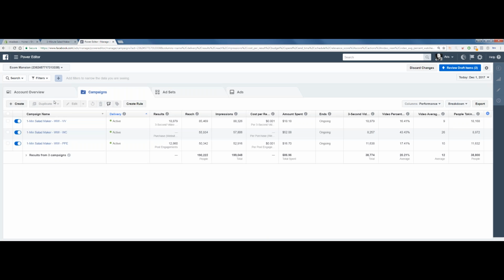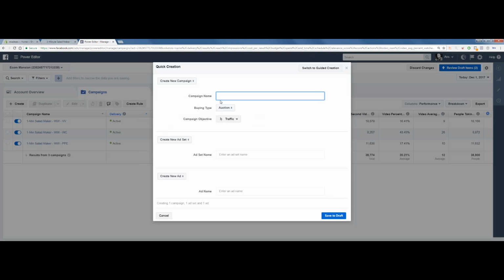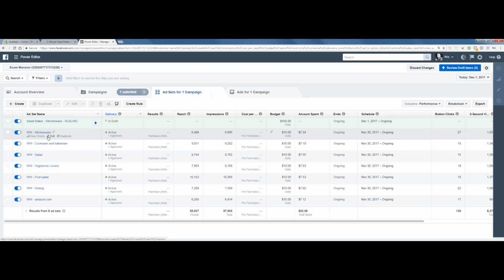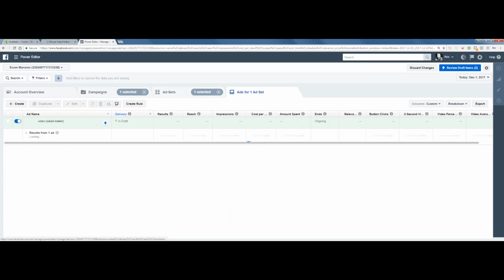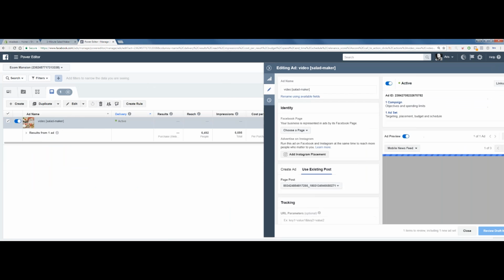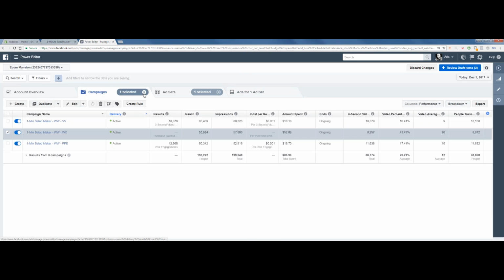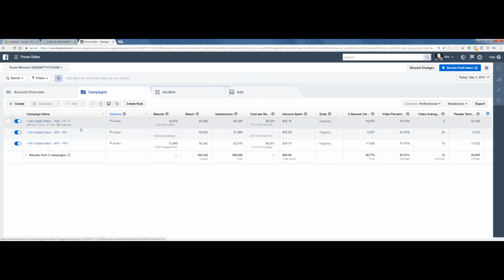So now that we identified the audience, we built the audience, and Facebook is populating it, we will create the campaign that will run for this audience. What we're going to need for this, I'm going to go to this ad set, and I'm just gonna get the ad that was created. I'm just gonna grab the ad ID. Actually, no, I'm not gonna grab the ad ID. Forget that. I'll do it later when we do the LLAs.